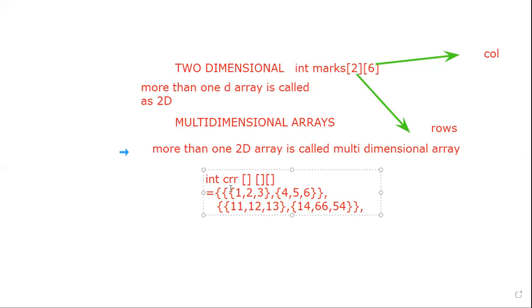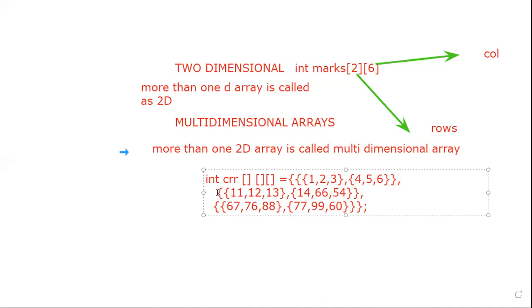Okay. Then some 67, 76, 88, 77, 99, 60. So this is how a multi-dimensional array looks.